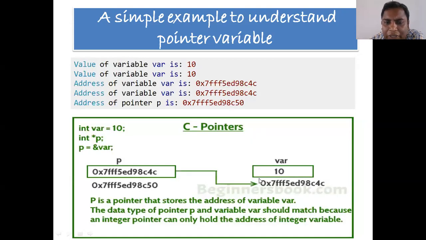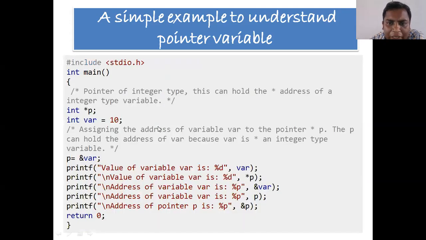If we want to see the value, we can use one more concept, that is indirection. For that we have to use the indirection operator, that is, put an asterisk or star before p. So here, value of variable var is *p.